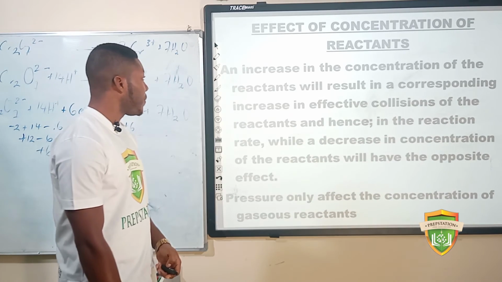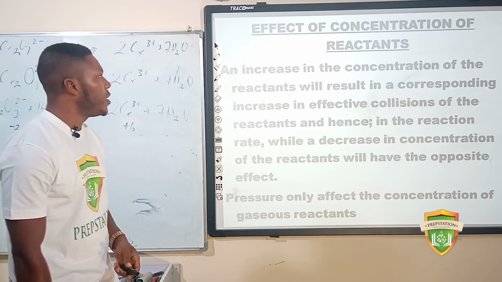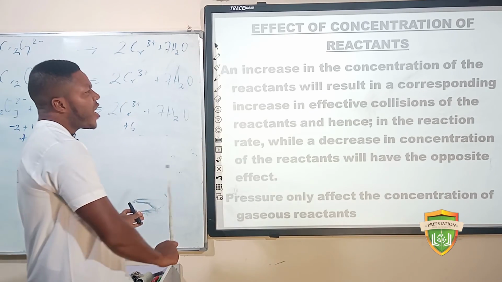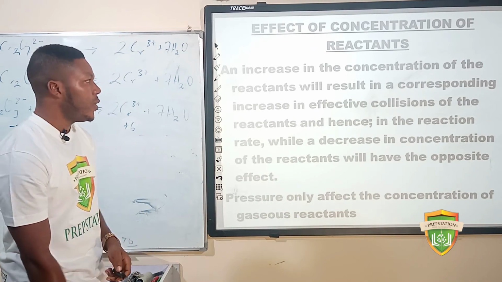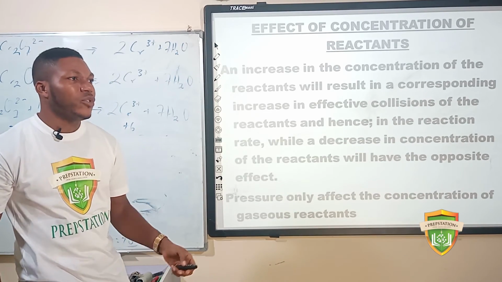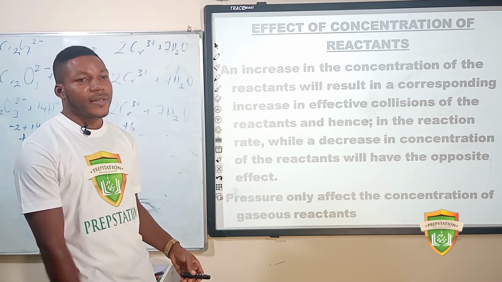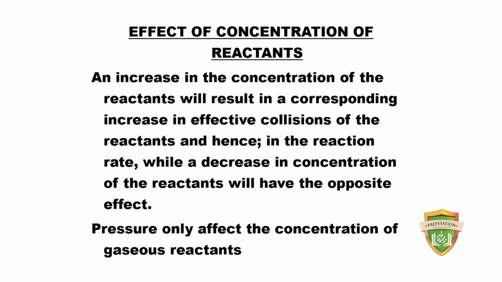Okay, let's pick the first one: effect of concentration of a reactant. Now look at this. It's very simple. When you increase the concentration of a reactant, what happens? You are trying to activate the colliding particles to collide faster. So an increase in the concentration of the reactant results in a corresponding increase in effective collisions of the reactants, and hence in the reaction rate, while a decrease in concentration of the reactants will have